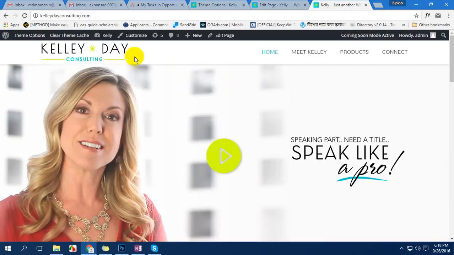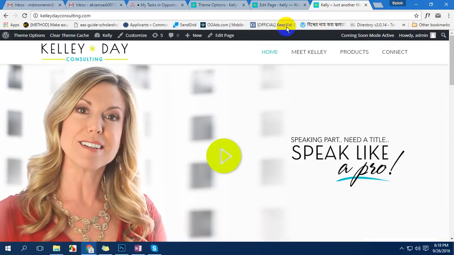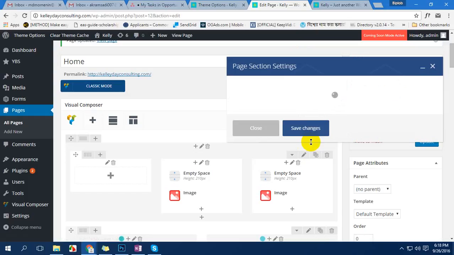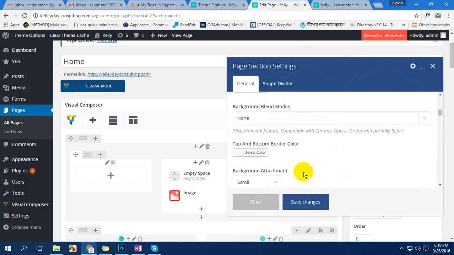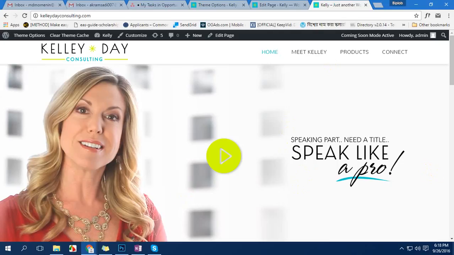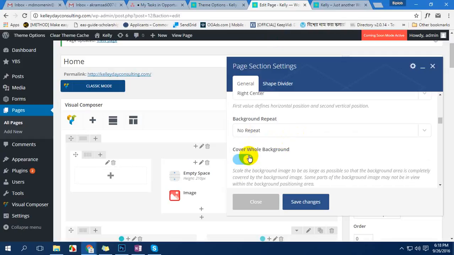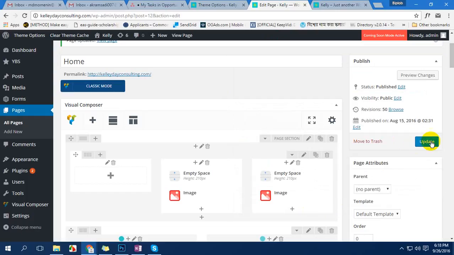Now let's say if we don't make it no repeat, for example this is our first image, we have the background image here, we have a control here, you can see right center, because I want to show these elements in mobile font without the background. We only want the background in this background so that we can see the text. I don't want the left side, so I have used the right center. Now we have no repeat, cover whole screen. If we disable the cover and then update,